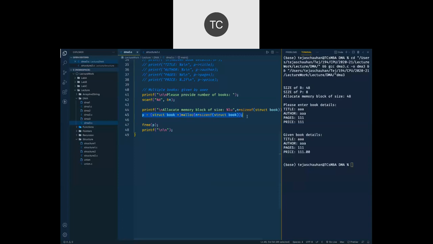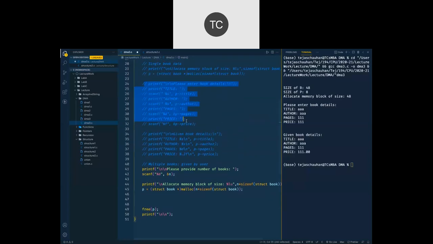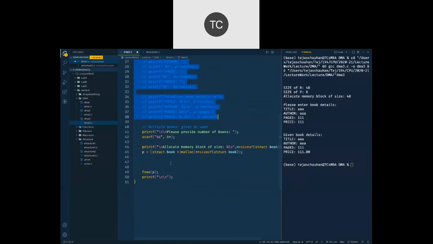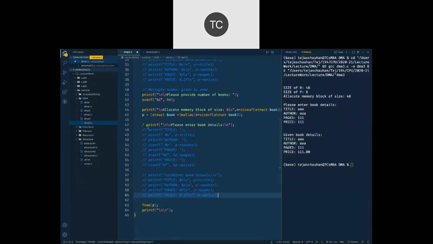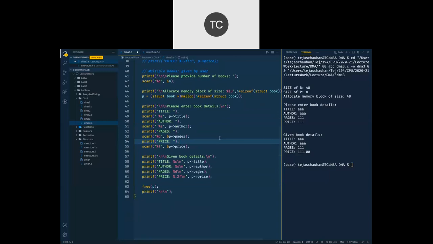Now once we have that memory allocated, we can simply go and get this data and print this data, right? We can ask user to get this or enter this data, and then we can print that data also. But at this time, look, this is not going to be the single book. This is going to be multiple books.